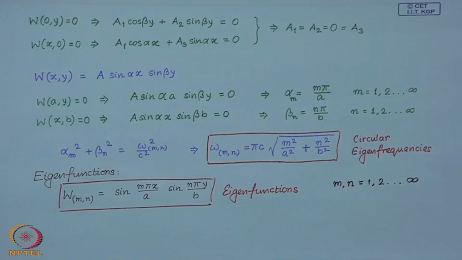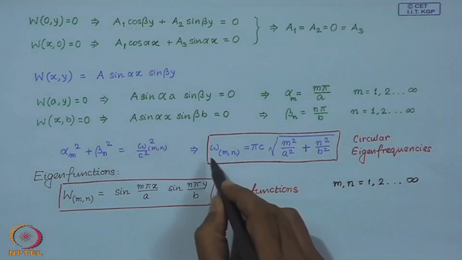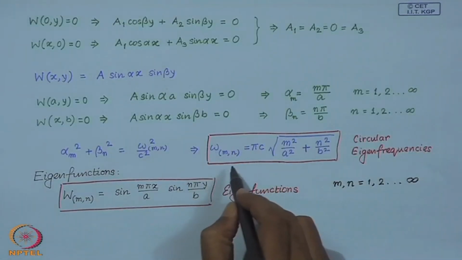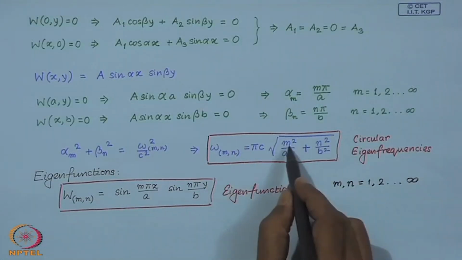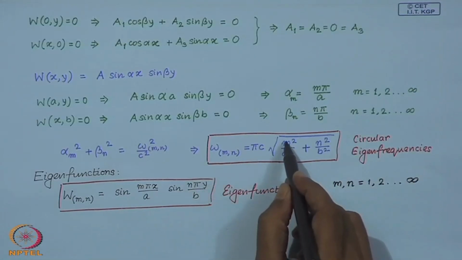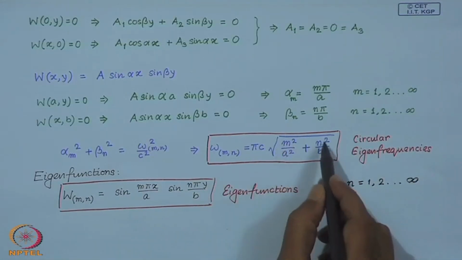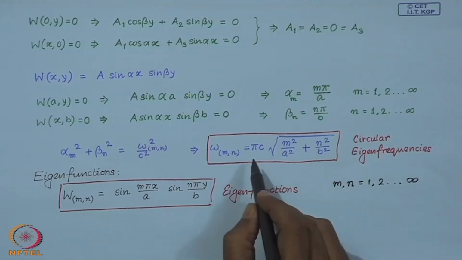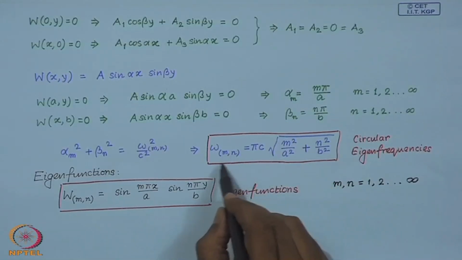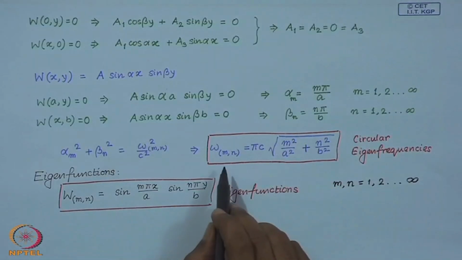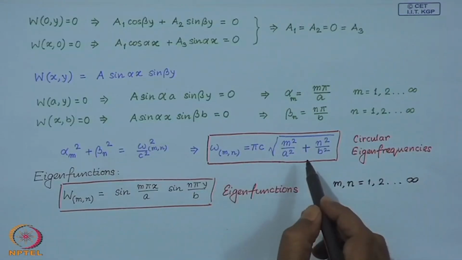Now, here you can notice that the fundamental circular eigenfrequency is obtained when m and n are 1, and you can see that higher circular eigenfrequencies are no longer just integral multiples of the fundamental,